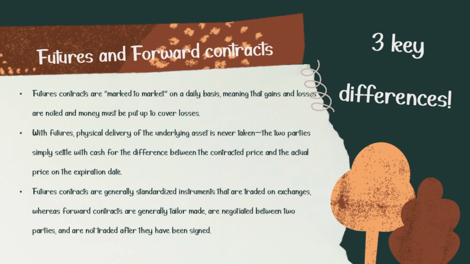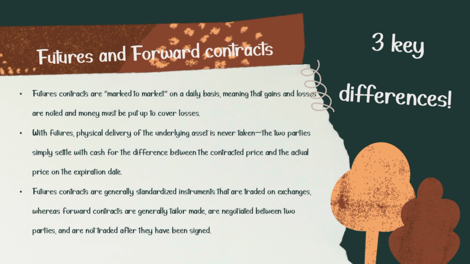So next, a futures contract is similar to a forward contract but with three key differences. Number one, futures contracts are marked to market on a daily basis, meaning that gains and losses are noted and money must be put up to cover losses. This greatly reduces the risk of default that exists with forward contracts. Number two, with futures, physical delivery of the underlying asset is never taken. The two parties simply settle with cash for the difference between the contracted price and the actual price on the